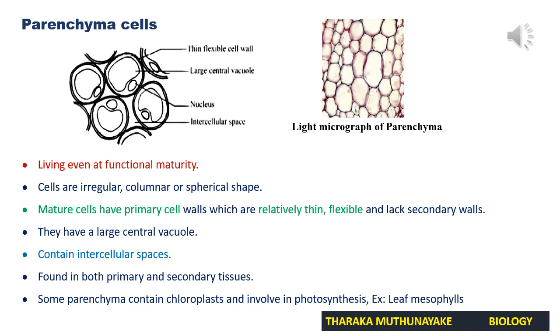There's a practical. In that practical, you have to observe light micrographs of different plant tissues. Therefore, we have to cover that part as well. Therefore, be familiar with this light micrograph as well. Since there's a practical, those light micrographs can be given even in the exam, and they may ask you to identify the particular cell type or particular tissue. Then based on that, they can give questions. Therefore, be familiar with the light micrographs given in these slides. Okay, we'll move to structural features.